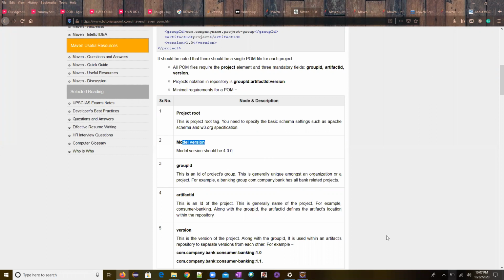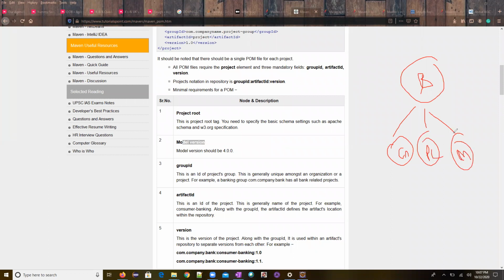So there is a bank, you know, right? Now this is a bank, and under this bank we have a lot of things. We will have credit and management, and profit and loss, the mortgage, and the loans. We'll have multiple things, right? Now I'm creating a project under this one. Now this is credit and management, right? So this is a project I'm trying to automate.